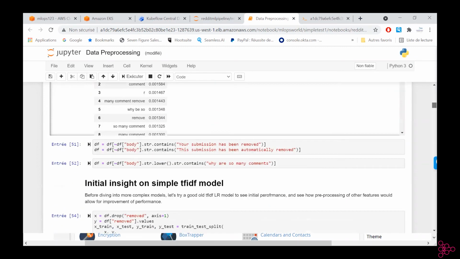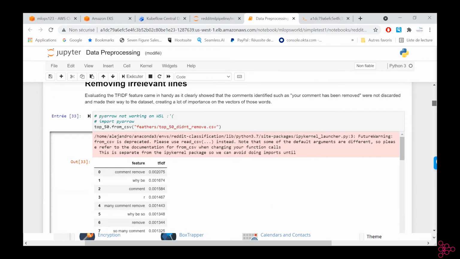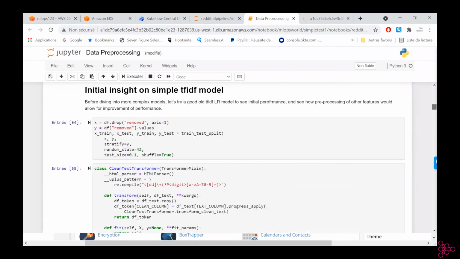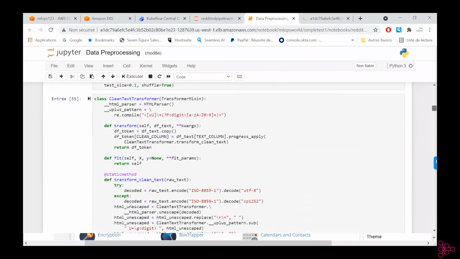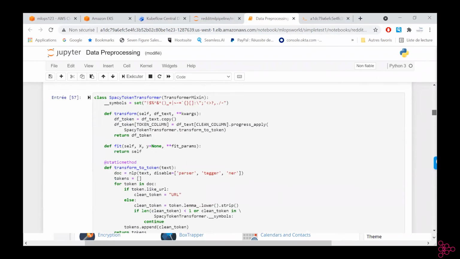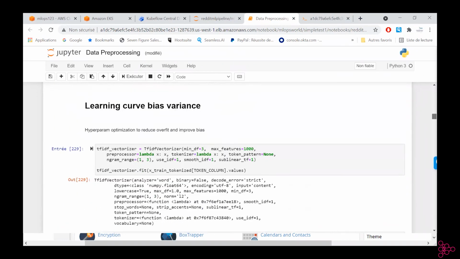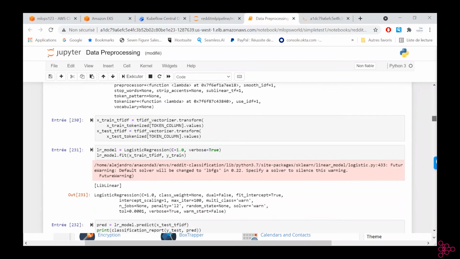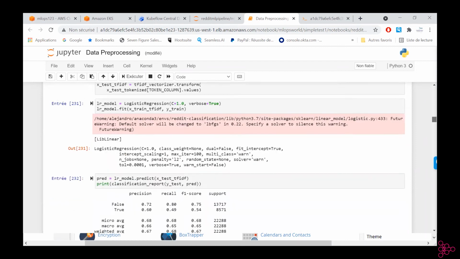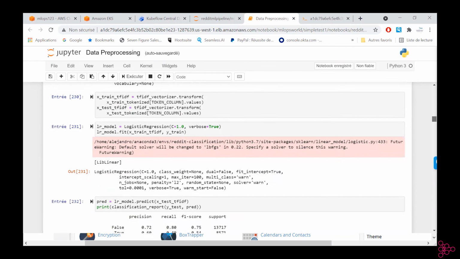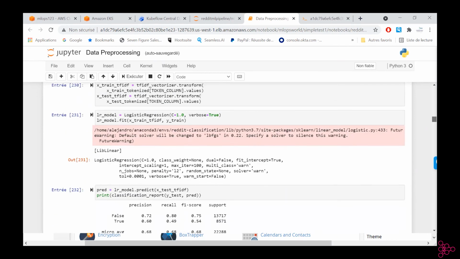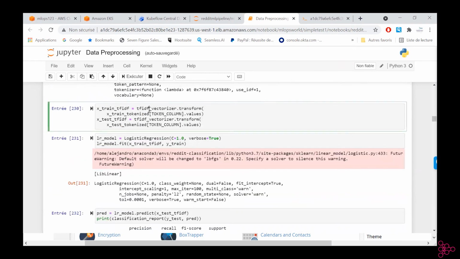Here you can see that they applied transformations like TF-IDF. Here they started trying a logistic regression based on TF-IDF vectorized data.